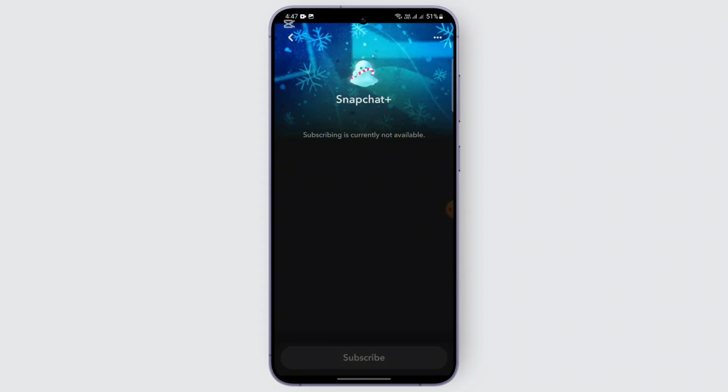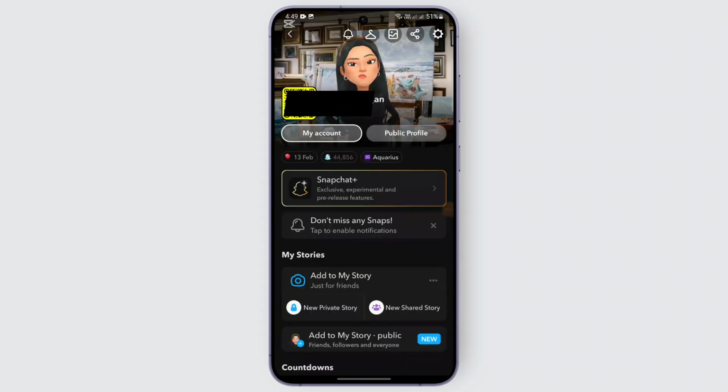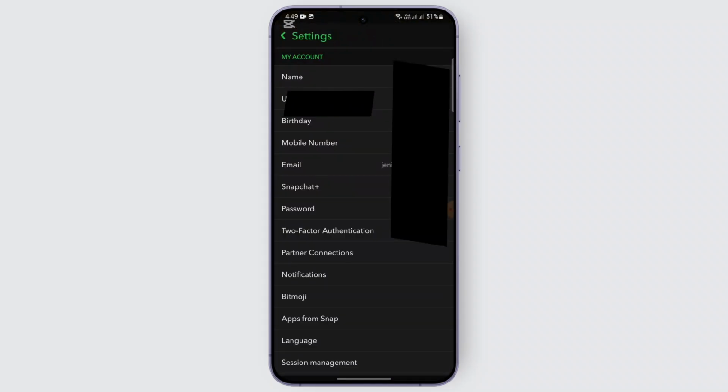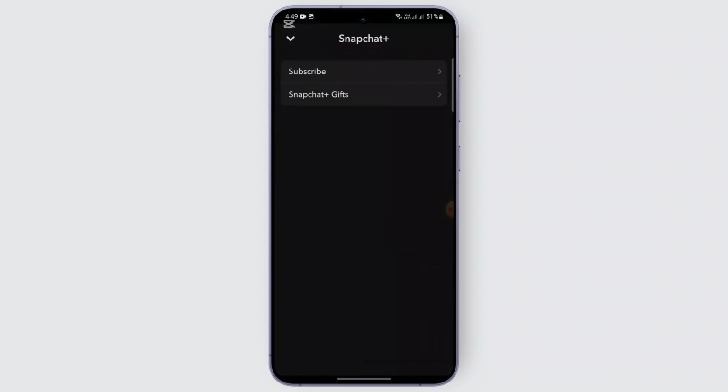So in order to subscribe to Snapchat Plus, you may just get back. After getting back, just tap on the gear icon at the top corner and you can find the Snapchat Plus option here below your email. Just click on it and you can find a subscribe option. Otherwise, you can also find the Snapchat Plus gift section. You may just go ahead and look out for the plans that are suitable for you. Look out for the offers that are provided by Snapchat and you may just look for the plans that are affordable for you and go out and subscribe. So this is the process you may follow in order to